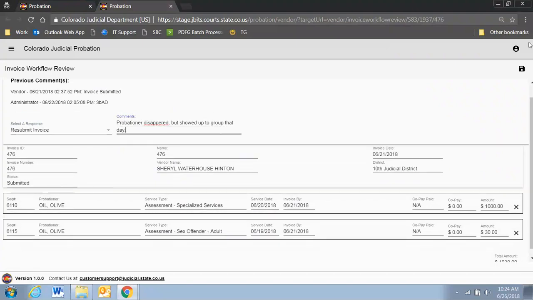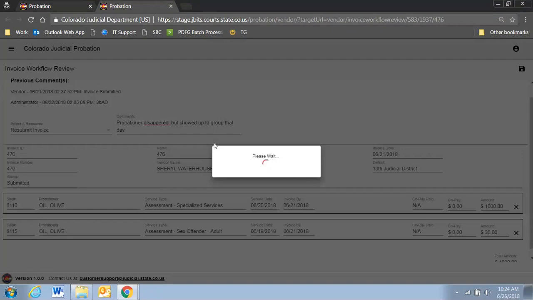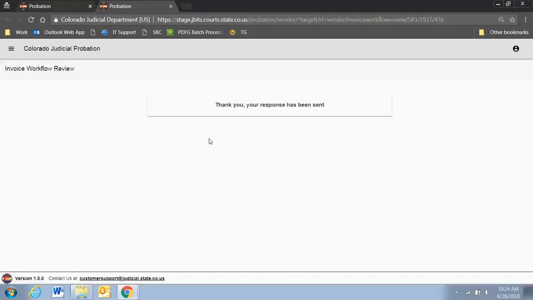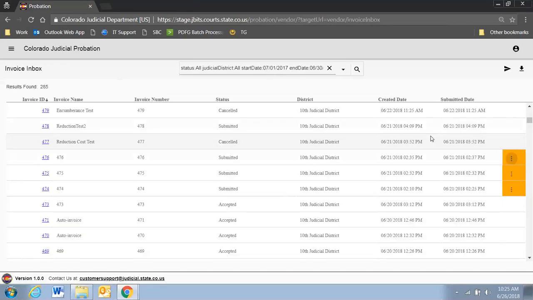So when you do that, click save, that just sends a message back to the probation department saying that, yeah, you've looked at it and you've responded. When you do that, that little orange flag next to that one, after you refresh that inbox, is going to go away because you've done something with it. Nothing else needs to be done. If you want to respond to the next one, if there's another one with this little orange flag,